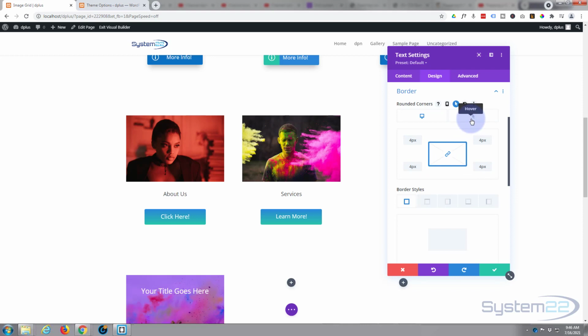Then when we go to hover state, I want to make it completely circular. So I'm going to ramp this up to 50. And we've now got a little circle. Great. So that's effectively done what we want, but